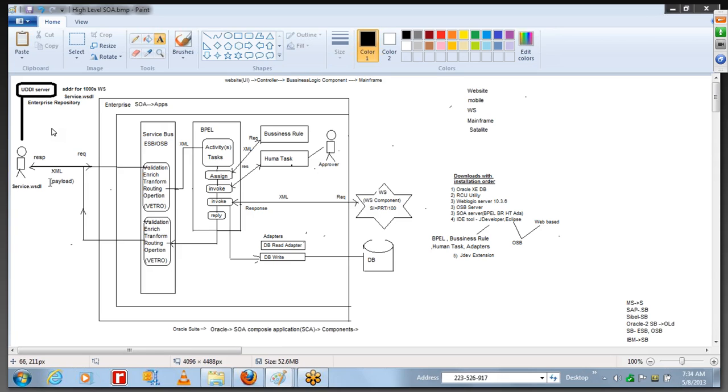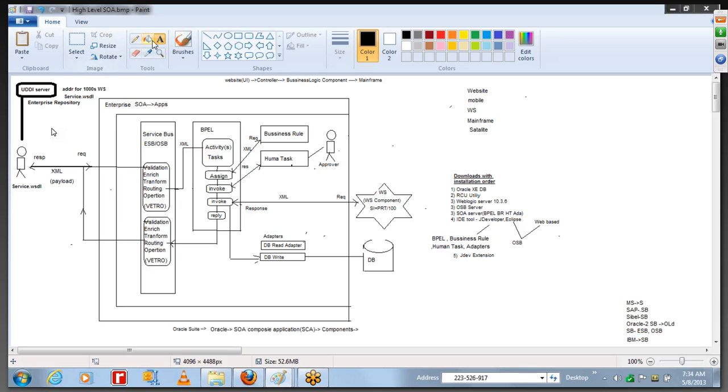He'll have a definition of what is available. He would come across thousands of WSDL files within the UDDI server enterprise repository, but he will pick up the one that is of use to him. He'll pick up one address, and then use that address to reach the WSDL file. So he'll read out that WSDL file. The WSDL file will have a URL